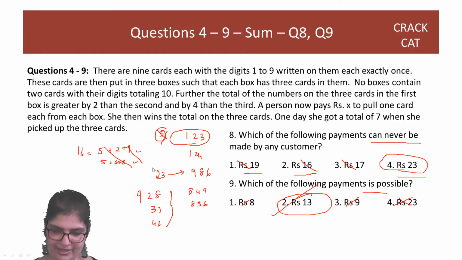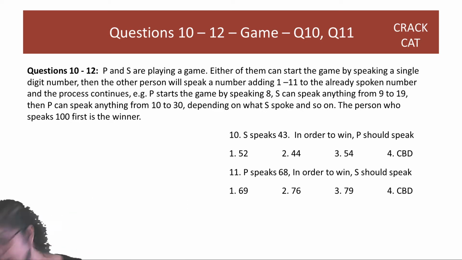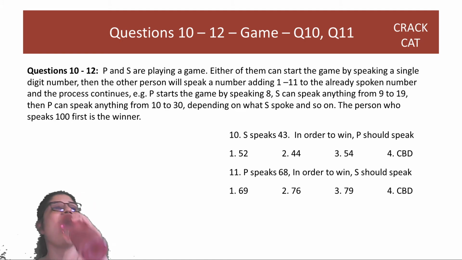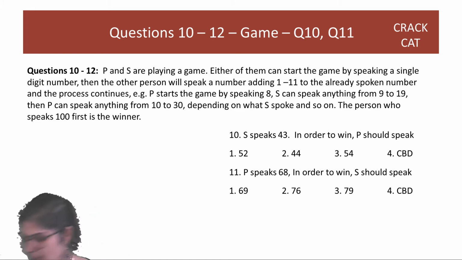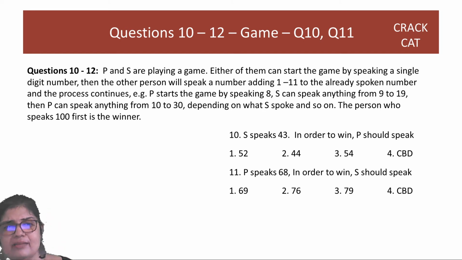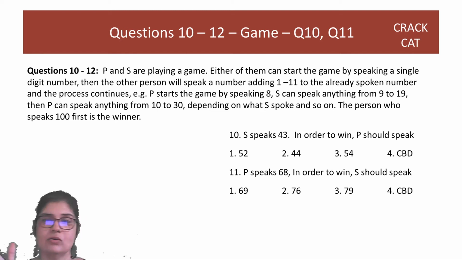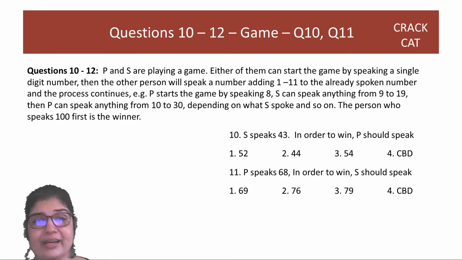Okay, great. Let's look at the 10th to 12th question. Ye CAT mein aa chuka hai, guys. It's more or less a game that people are playing. नंबर बढ़ा दिया है 100. इफ यू स्टार्ट थिंकिंग कि मैं 1 बोलूं तो क्या होगा, ऐसा होगा, वैसा होगा, राइट? तो that's not going to work because you're just going to go from 1 to 10 to 20. There are just too many iterations.